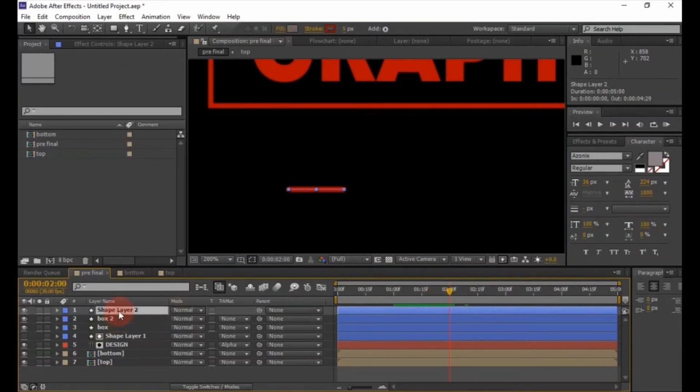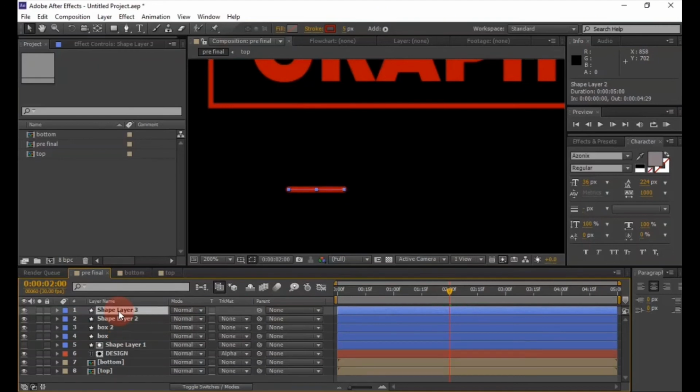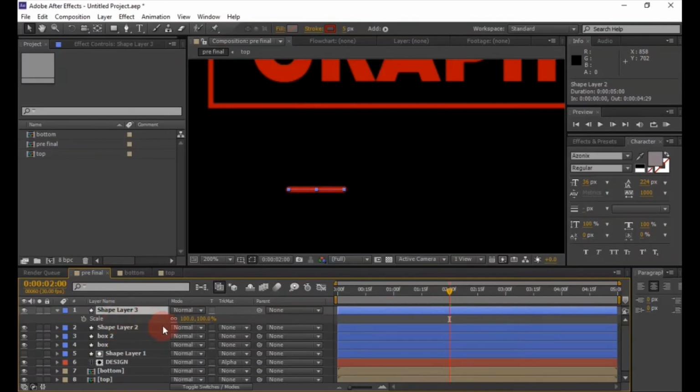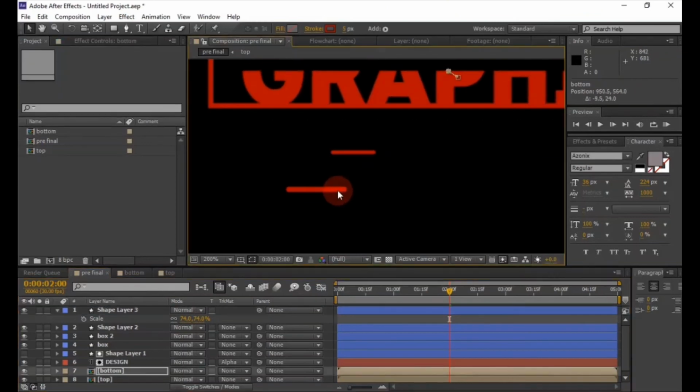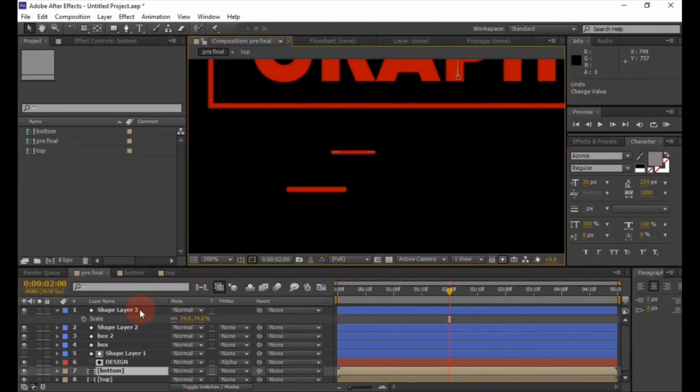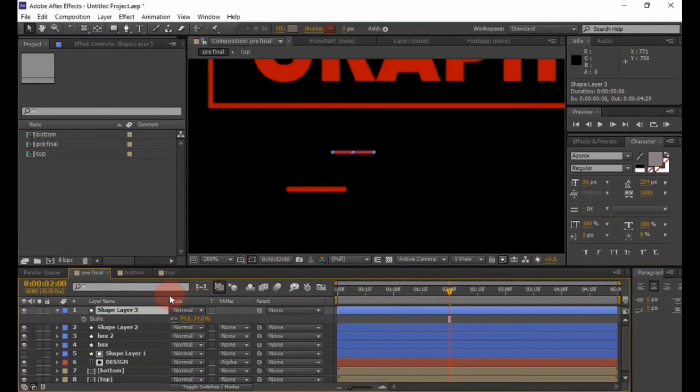Now make a duplicate of it and then reduce the scale value. Now place the strip in this position.